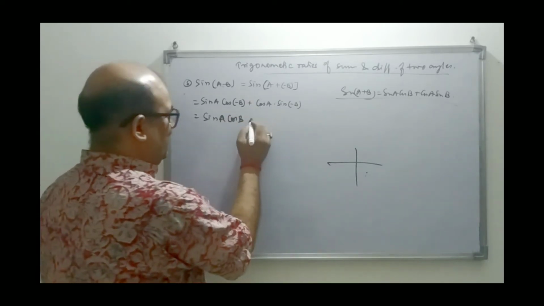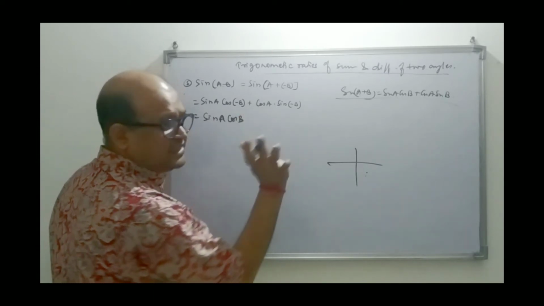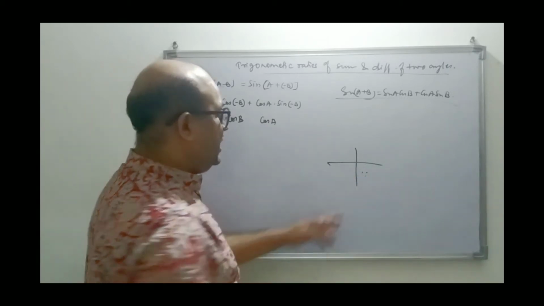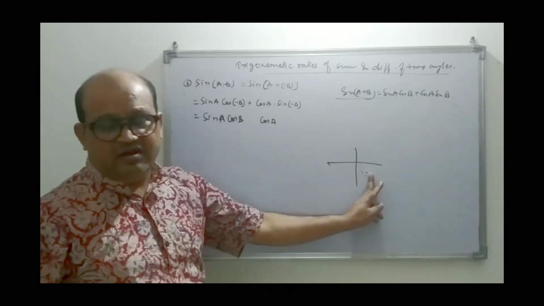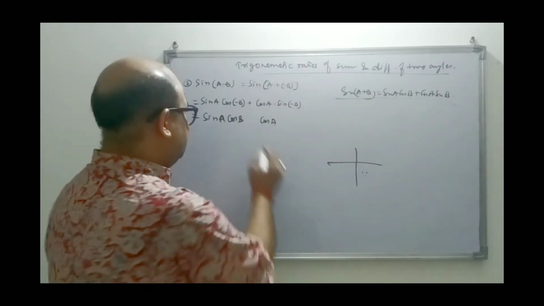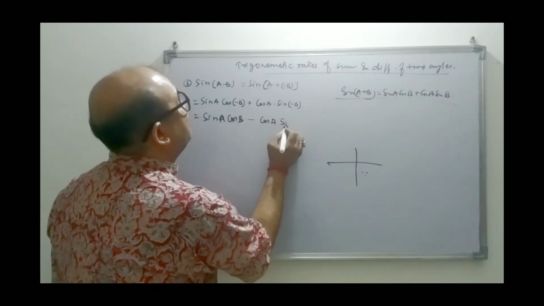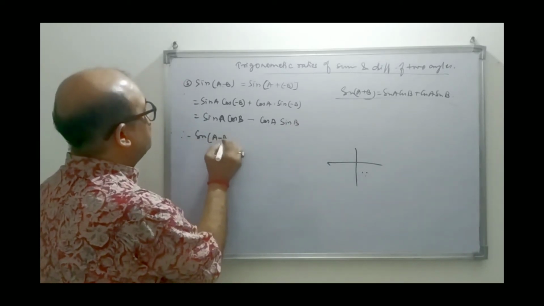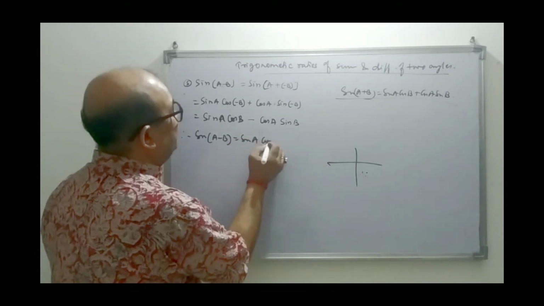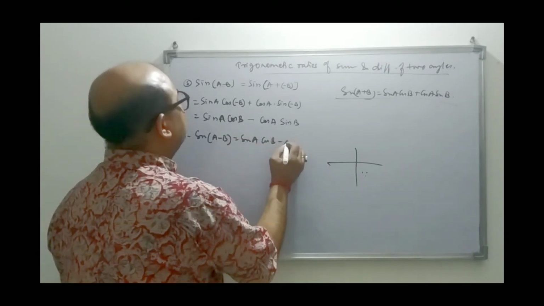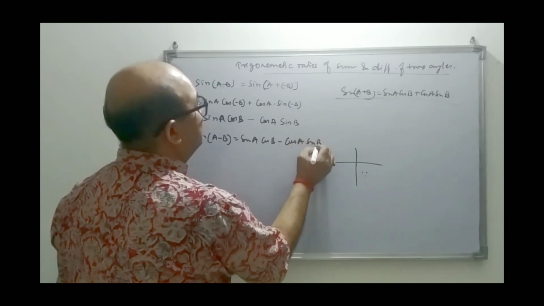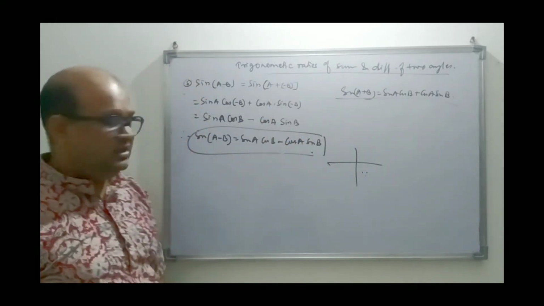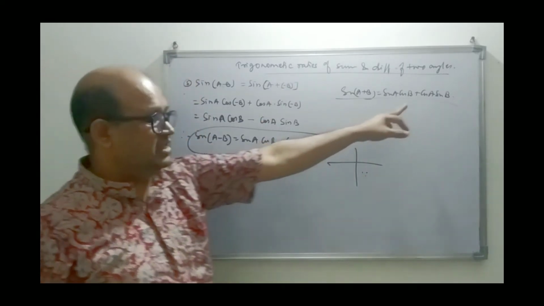Now here, you write cos A as cos A. Now sin minus B is in the fourth quadrant, and in the fourth quadrant sin is negative. So you write minus sin, that gives you sin B. So what did I get here? Therefore, sin A minus B equals sin A cos B minus cos A sin B. So instead of plus, it comes minus here. If it is minus here, it comes minus here instead of plus.